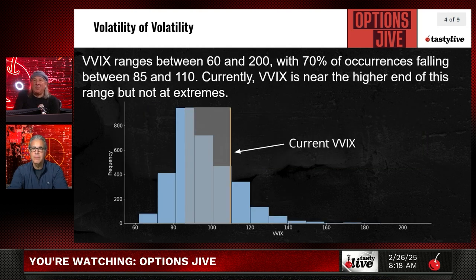So the VVIX generally ranges between 60 and 200, although we almost never get to 60 and we almost never get to 200. 70+% of the occurrences fall between 85 and 110. Where's the current